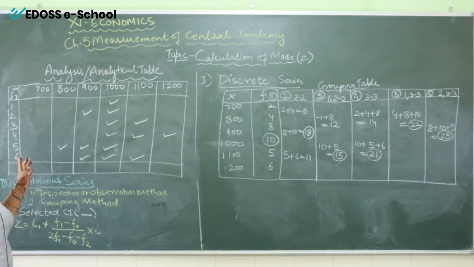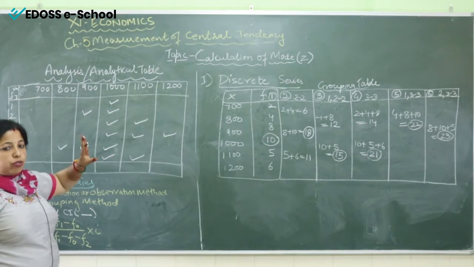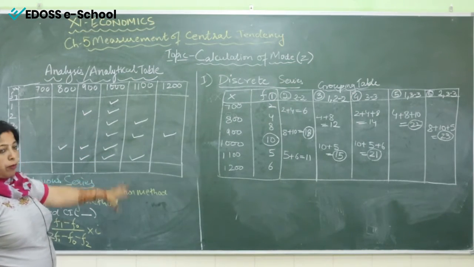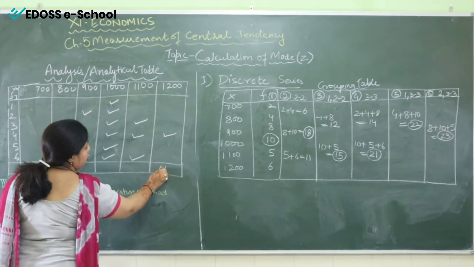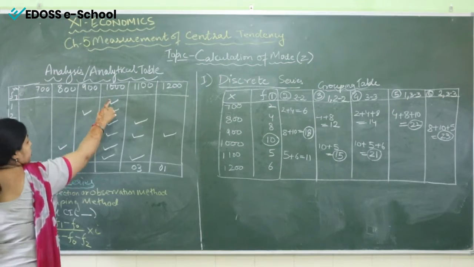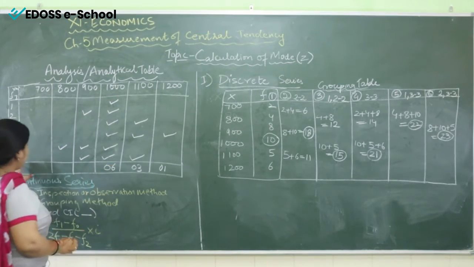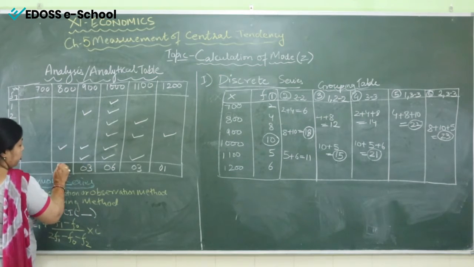तो आपको एनालिसिस टेबल में हम टिक लगाते हैं. तो हमने टिक लगा दी. I hope you have understood the concept. Now we are going to total them up. So the total of this column is 1. This is 3. 1, 2, 3, 4, 5, 6. 6. ये लास्ट कॉलम वॉज टोटल कॉलम. And this is 3 and this is 1.